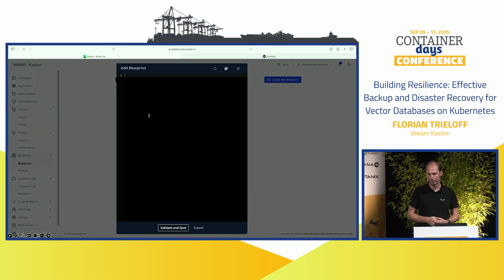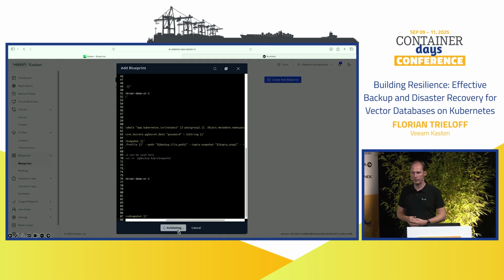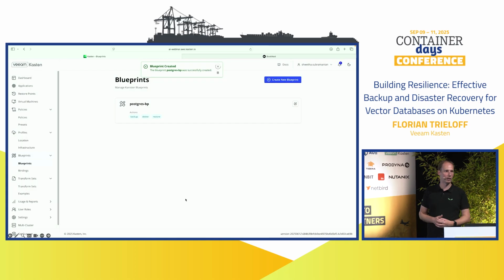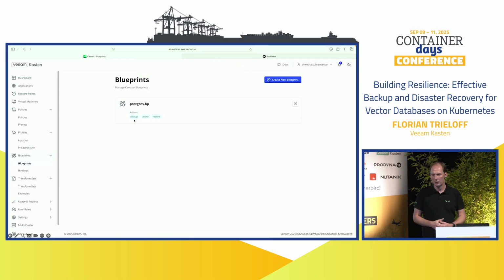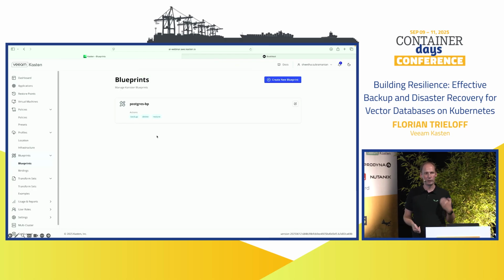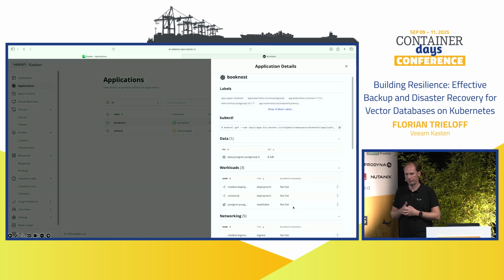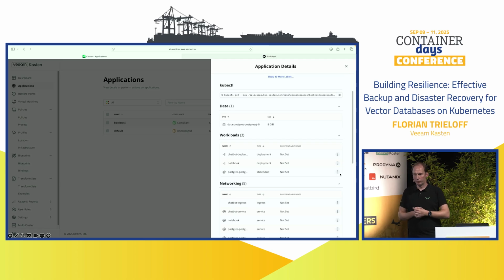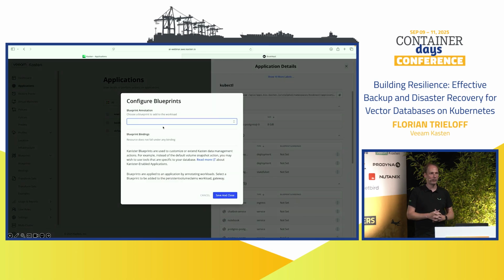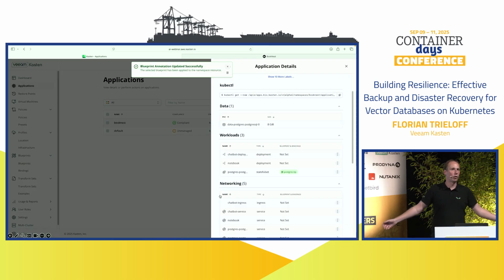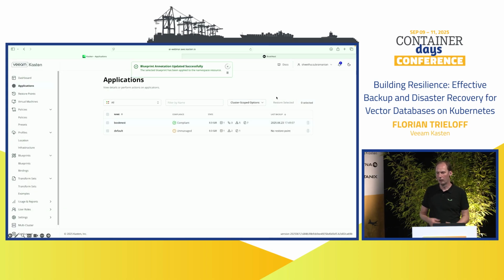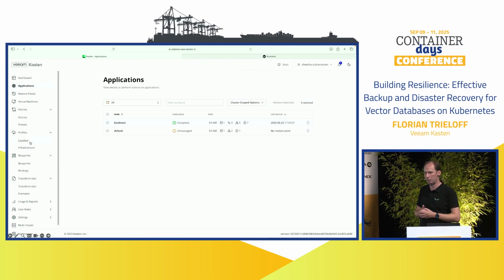We will now just add this blueprint here. It's a Kubernetes object, like everything in a good backup solution should be. For Kubernetes, we have a backup action, we have a restore action, and the delete action is for retiring restore points. So we have a stateful set, and we will just annotate this blueprint to the stateful set here. We are just selecting it. You can also use a kubectl annotate. It doesn't matter. It can be done this way, or in Kasten it can also be done manually.